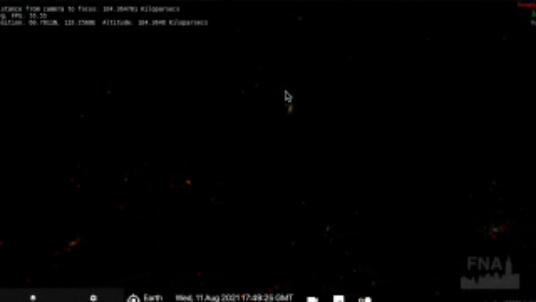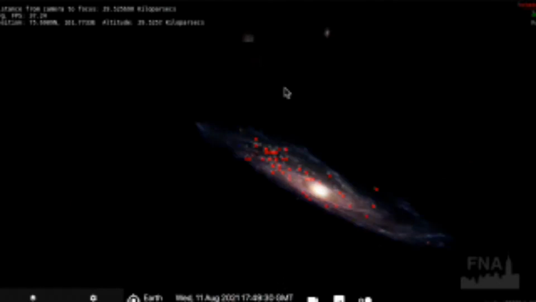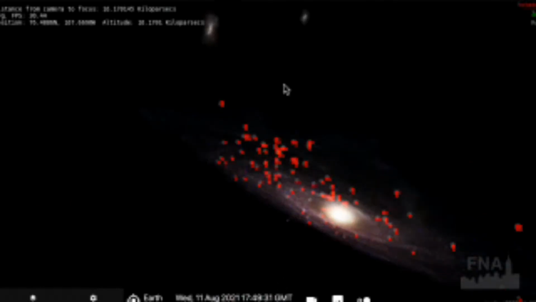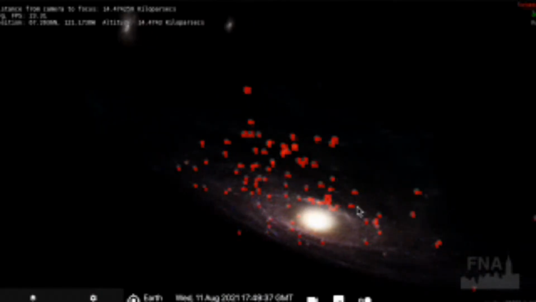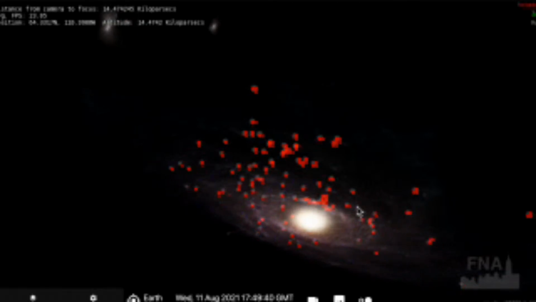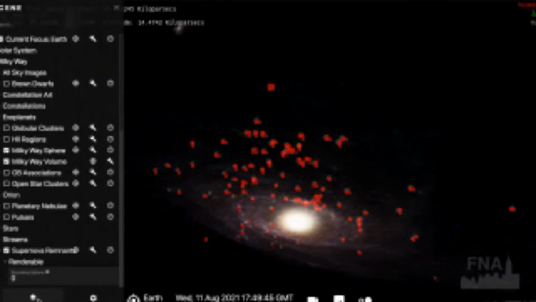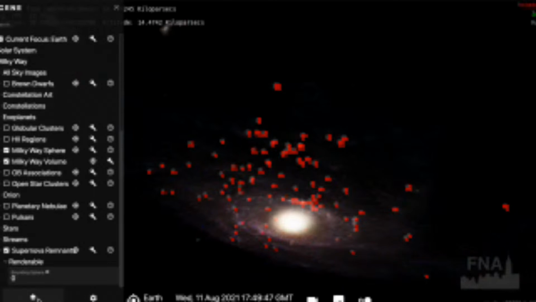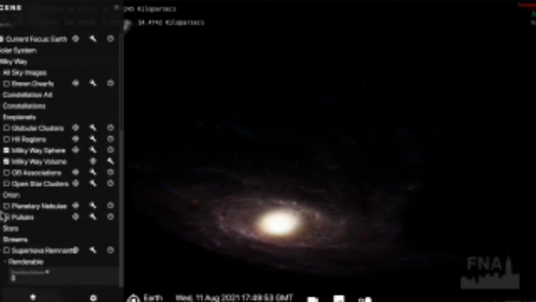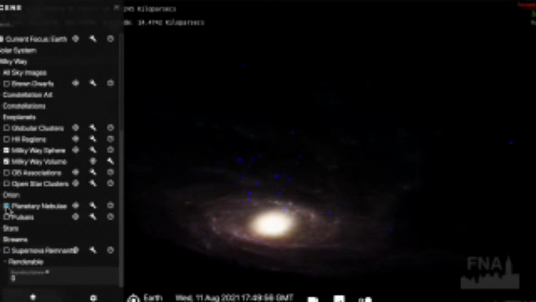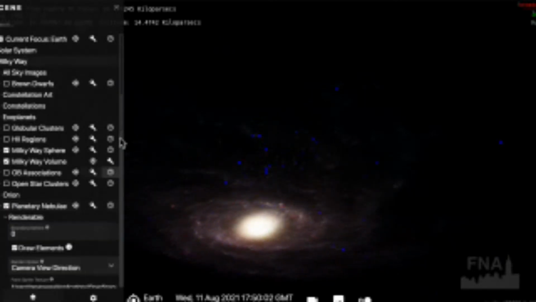So, the thing that I actually wanted to talk a little bit more about tonight are other things that involve white dwarfs, and those are the novae. So I still have my supernova remnants in here. So I'm gonna come over here. Sorry, I'm a little bit laggy. And I'm gonna turn off the supernova remnants and I'm gonna turn on another data set, the planetary nebulae. Little blue triangles. And because I can, I'll make them slightly larger blue triangles.